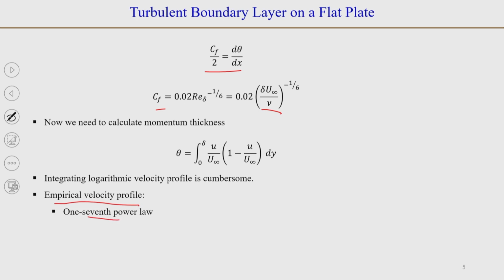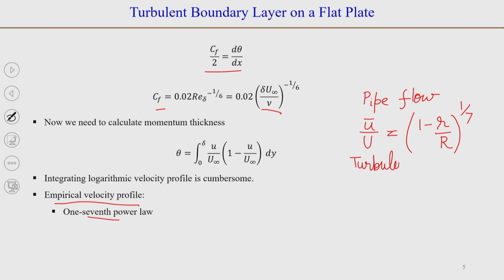Now, for a pipe flow, we had the 1/7 power law velocity profile: u bar by u is equal to 1 minus small r, where r is the radial coordinate, divided by capital R, which is the pipe radius, raised to the power 1 by 7. Now, in analogy with that, we could write for a turbulent boundary layer